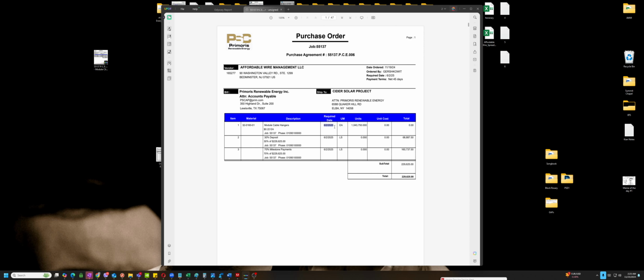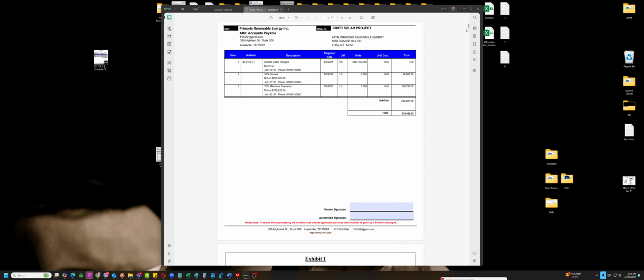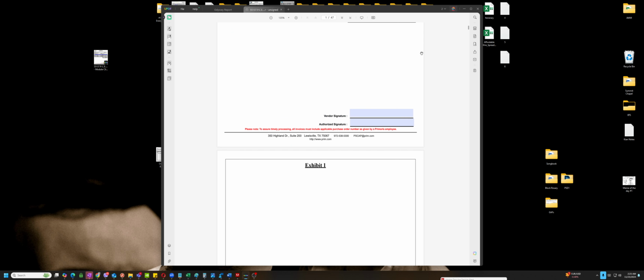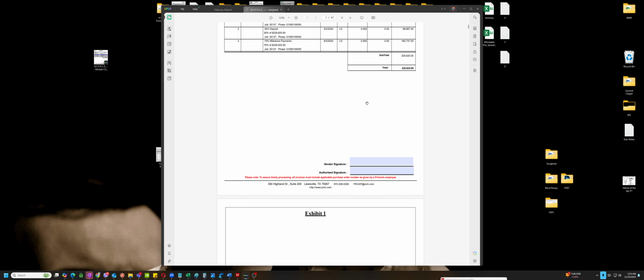Required date is 6/2 next year, and the number of units. If we scroll down at the bottom, it's not yet signed by both AWM and the customer. So we're going to tackle this later.